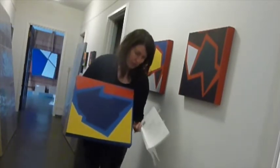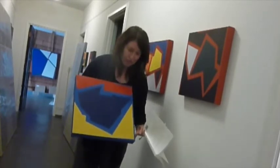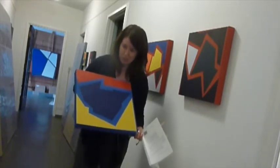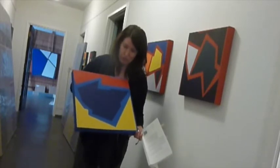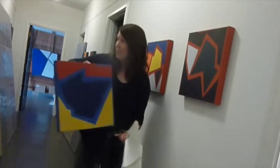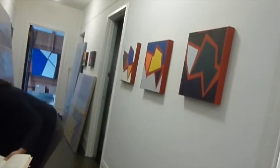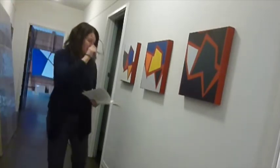As you can see, the ground color, the canvas, is colored with a wash, and the painted parts, the thickly painted parts, have much more substance. So there are 3 series, each with 4 in it, and Barbara talks about them in this book. She says,